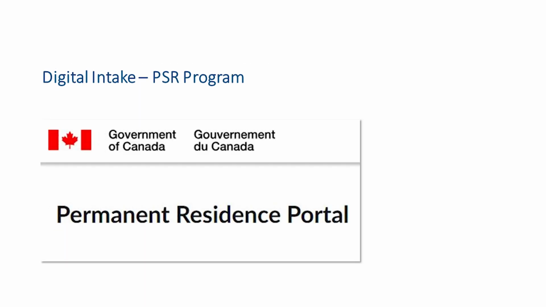And the PSR application process is now integrated into the existing permanent residence portal. Individuals can apply for permanent residence directly online, which eliminates the need for mailing and emailing applications. If you haven't already attended the information session about the digital portal, I strongly recommend checking the training schedule because the sessions provide a wealth of information that we won't have time to cover in this session. I would suggest registering for those sessions. But I'll just give you a few key points about applying through the portal.